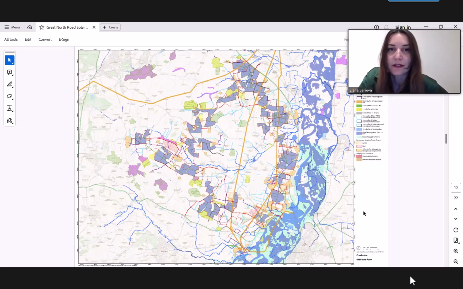And this has also accounted for some of the preliminary landscape work where we've looked at individual fields and made recommendations as to whether the fields are appropriate or what mitigation measures can be adopted to alleviate any concerns.